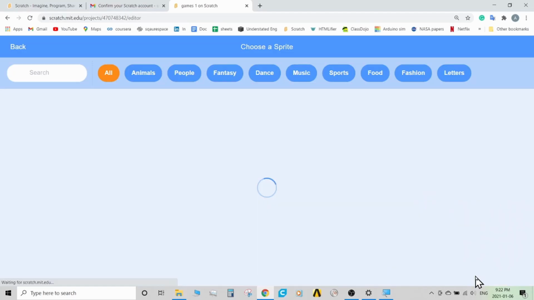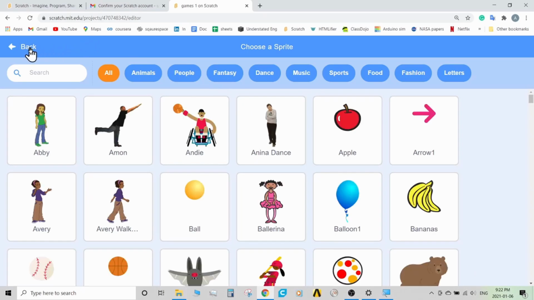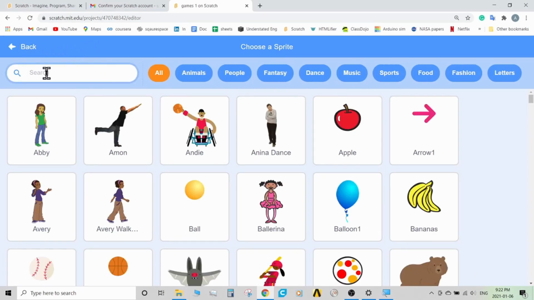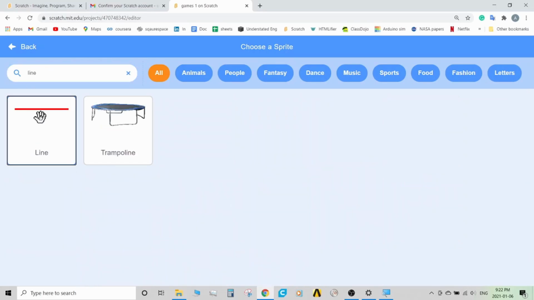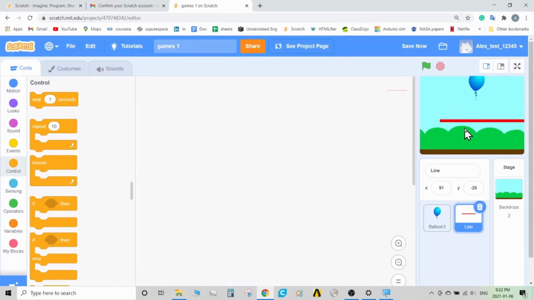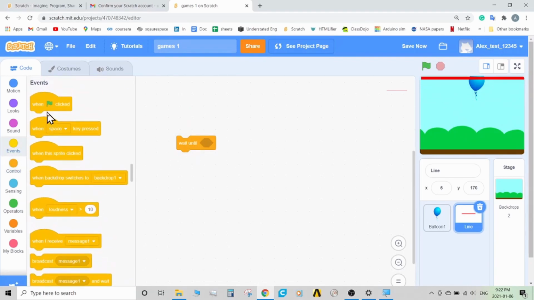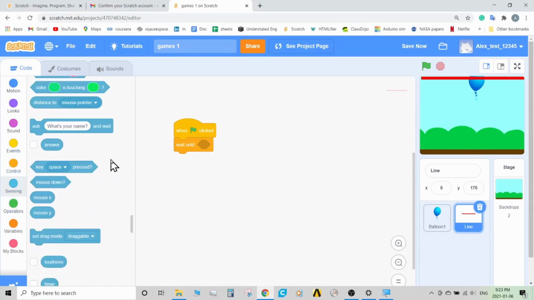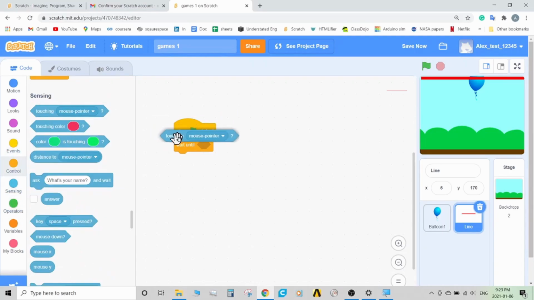And now we want to interact. It's a game, so you want to have to click or have some kind of control. And you also want to be able to lose the game. So the first thing I do is I select this line. It's just another character. And now we can say when the balloon hits the line, then you have like a game over situation. So you're trying to pop the balloon before it goes up. So it says when you start the game, then